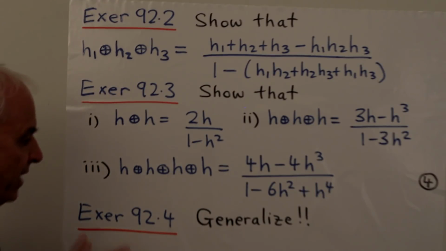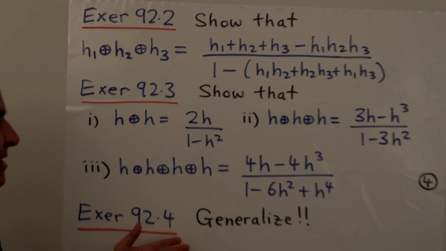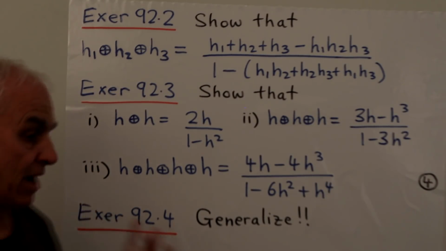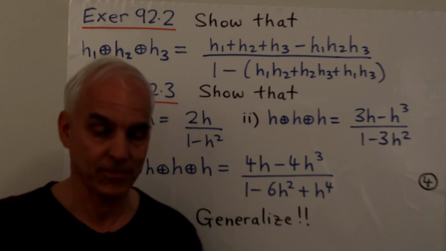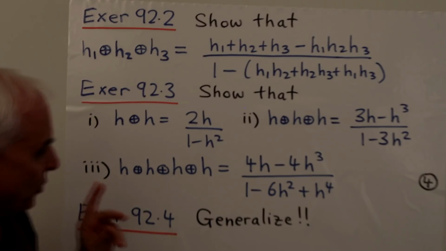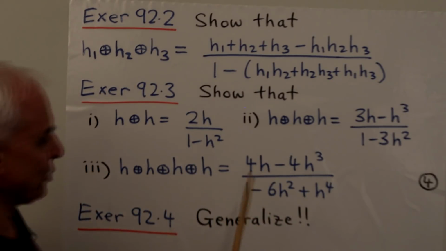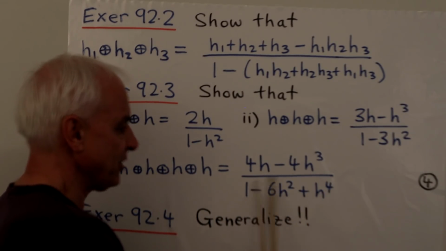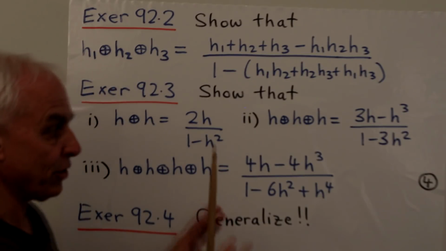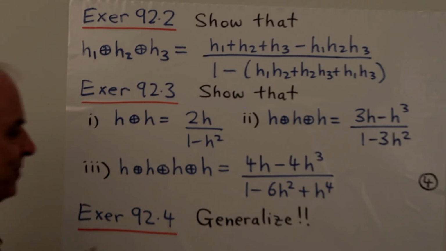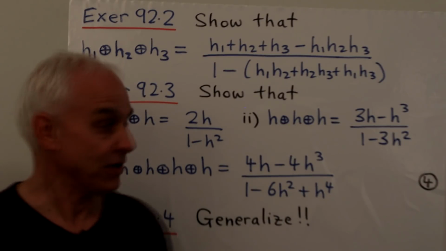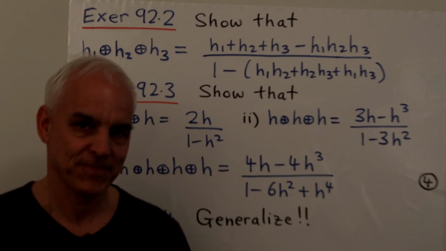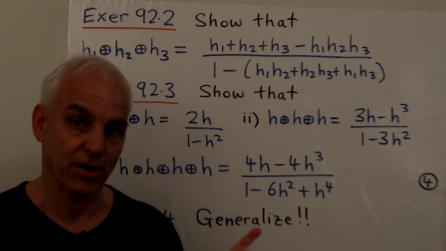And then to stare at these things and ask yourself, how's this going to generalize? And can we prove what the general case is? So the hint is to look at the whole thing. Don't just look at the numerator and the denominator separately, but try to look at the whole expression. You should see something very familiar in all of these. It's quite a pleasant story here.